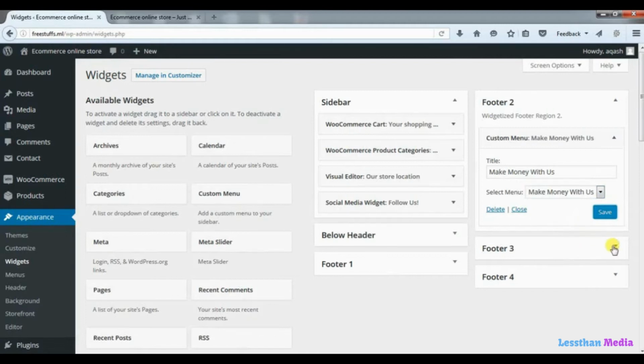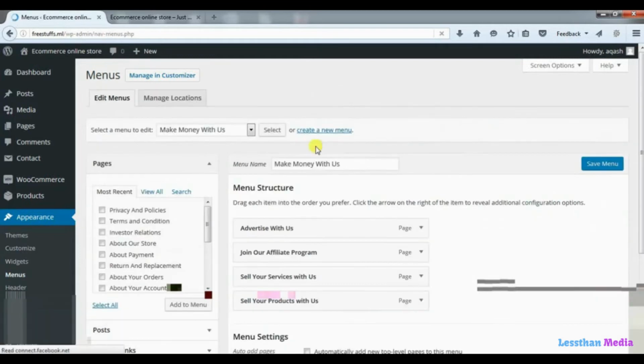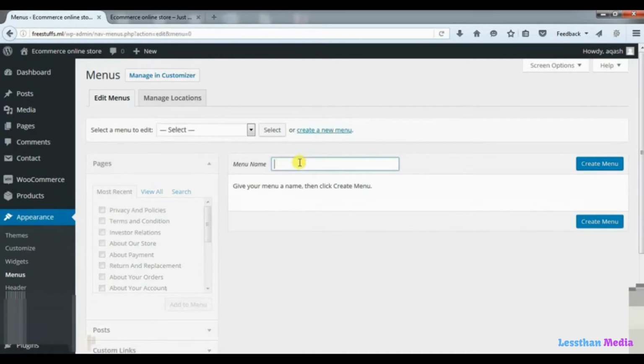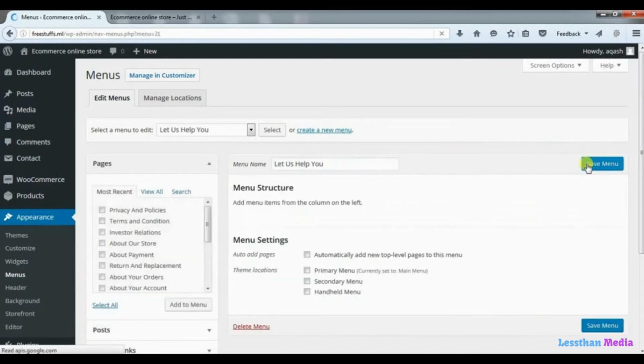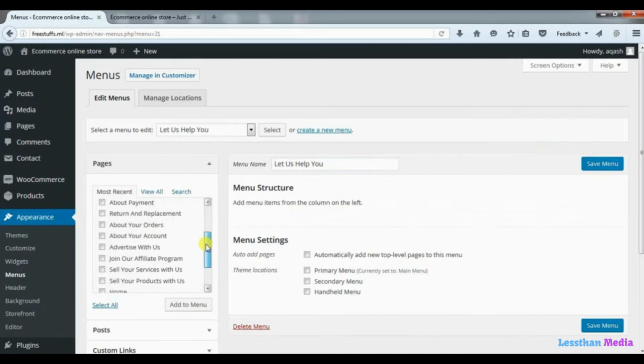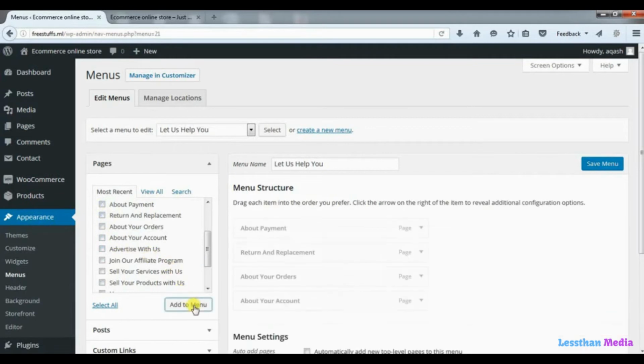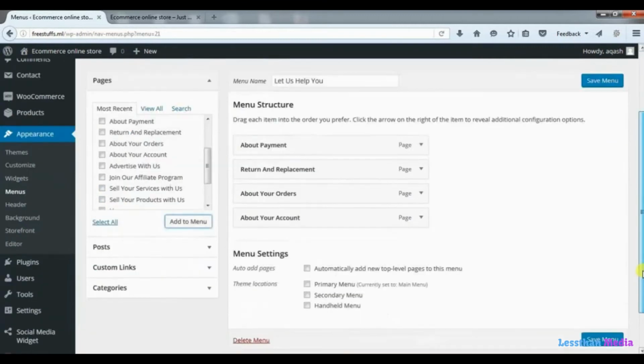So we will go back and we will create a new menu. Just click on create a new menu, provide a name. So I will name it let us help you. After providing the name, click on create menu, and then add the pages that you have created for the customer help. So I will add these pages from here. So about payment, return and replacement, about your order, about your account, and then I will click on add to menu. Now click on save menu,